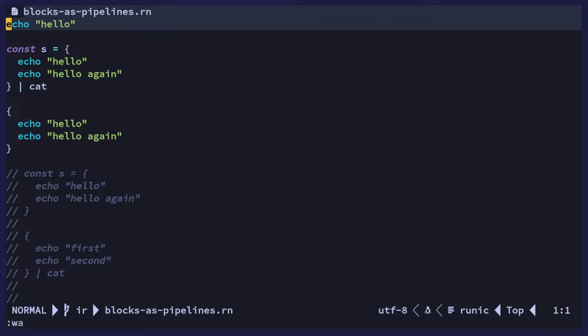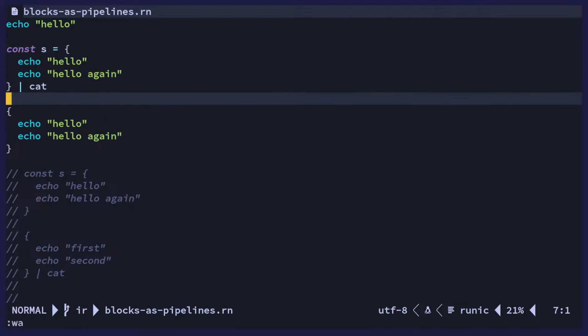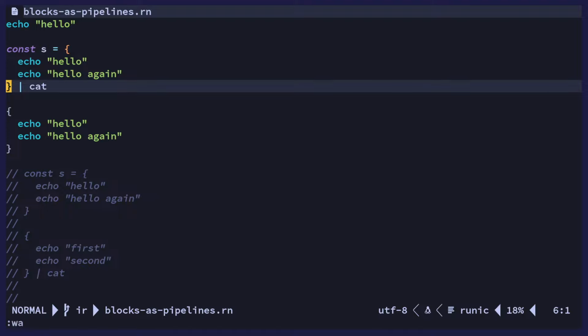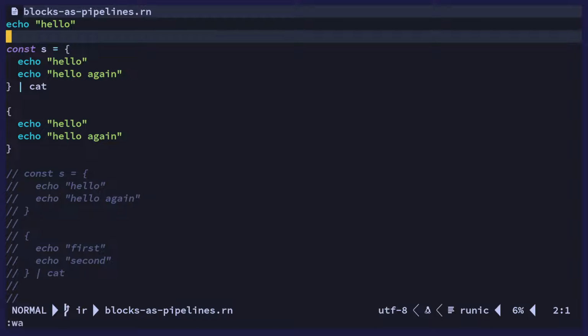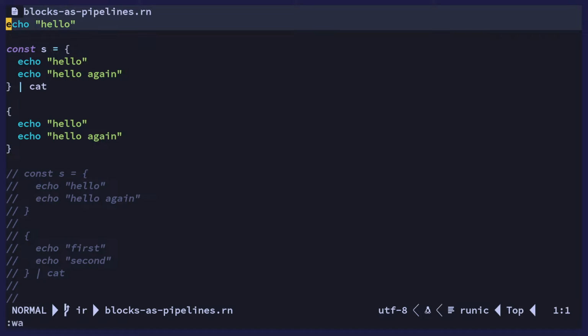Okay, let's see if we can figure this out. I had this idea last time that I kind of changed the whole game a little bit. Let's just walk through this a little bit. Basically, this is not a pipeline, but it does have things in common. So this will spawn the process, and it will